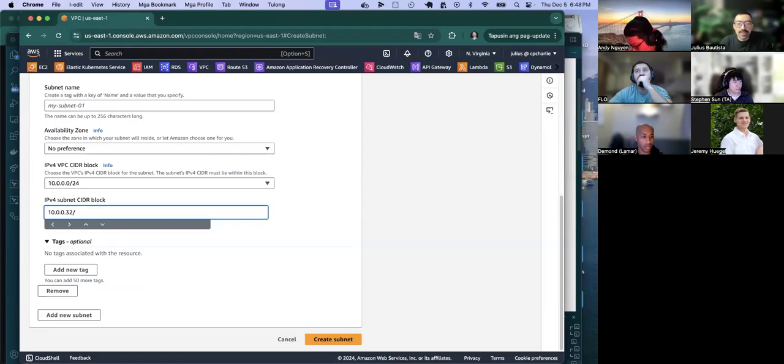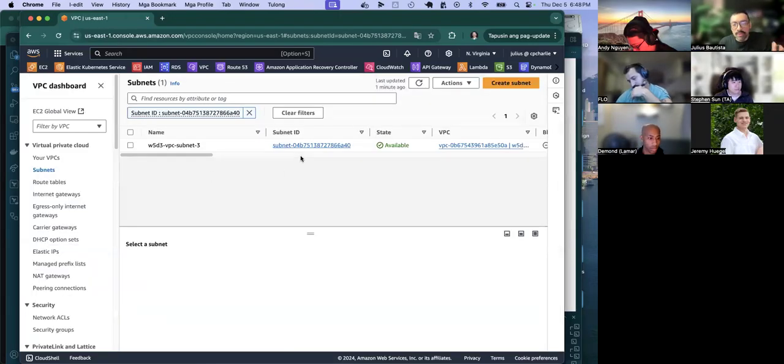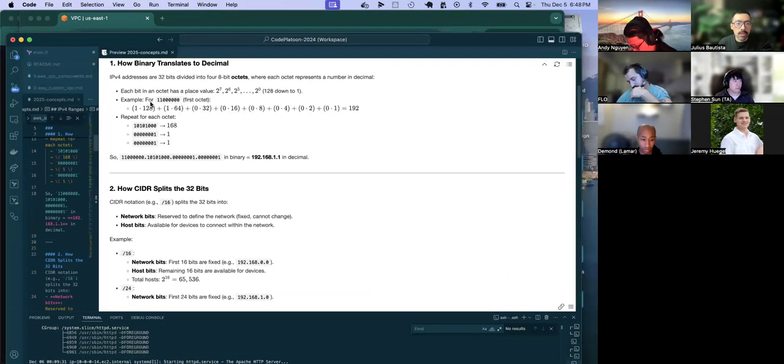Sure, the first 32 would still be available, but that just might make it a little harder for me and my team to track what is available and what isn't later on, right? So just try to be linear and chronological about it, unless you are very confident in deviating from that and you have good reasons to do that. Okay, so that's in a nutshell